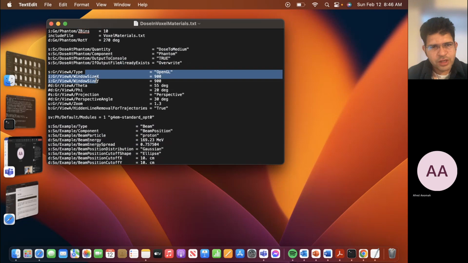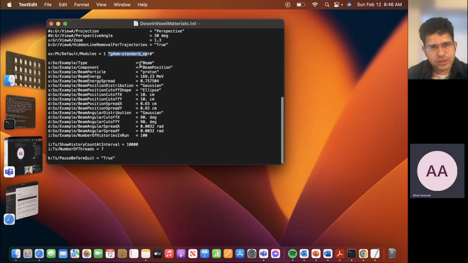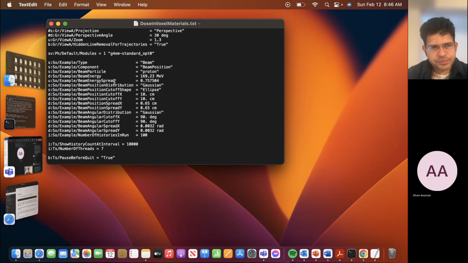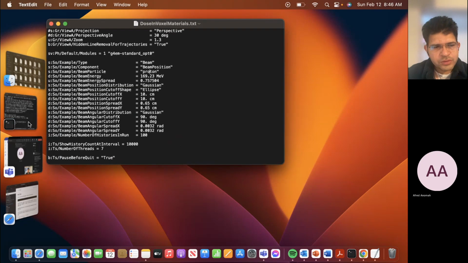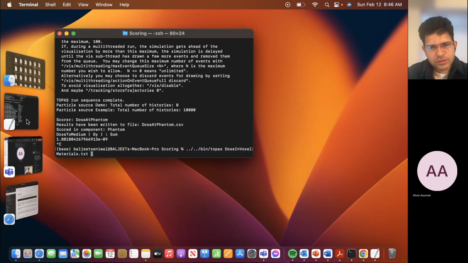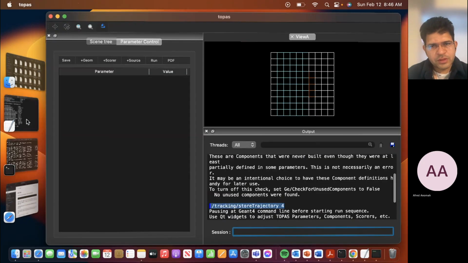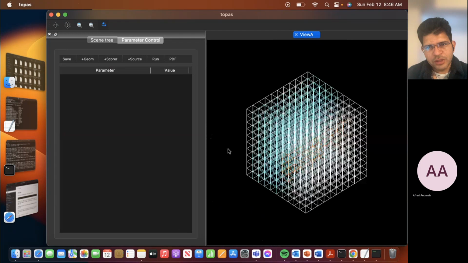And the viewer type is OpenGL, and this is just the viewer settings. This is the physics list, and here also they are using a beam source using proton. So yeah, let's try to run this example. What's the name? Those in voxel. Okay, so you see they have divided their water phantom into,